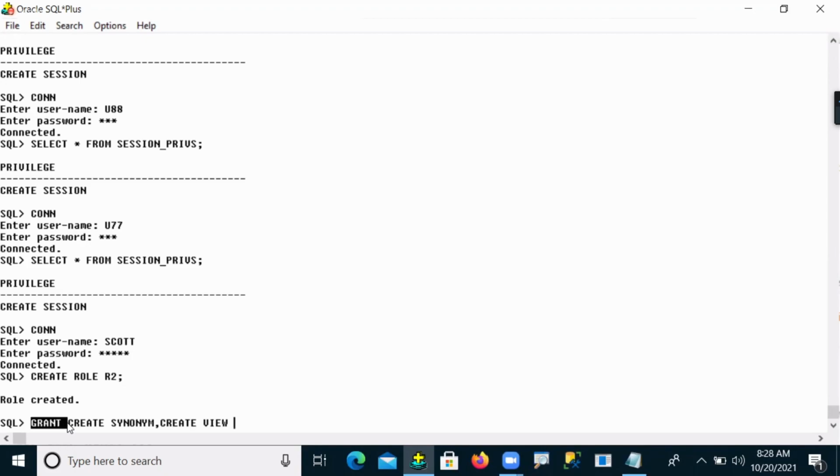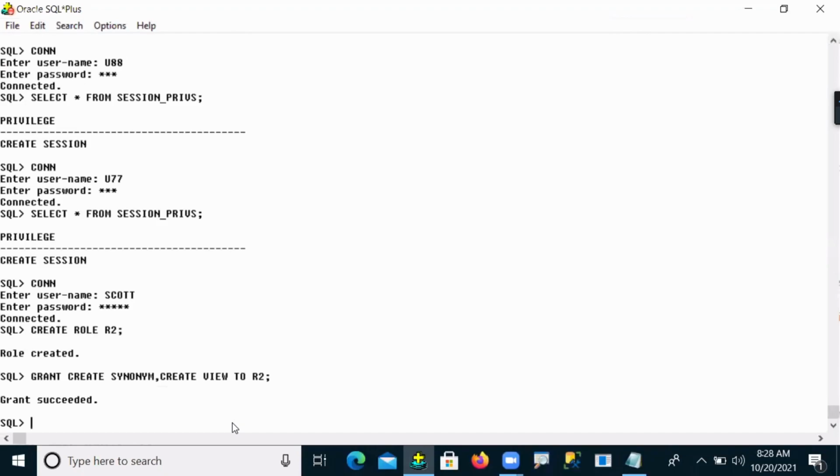Granting the create synonym privilege is one privilege, and the create view privilege is the second privilege. So this group of privileges I'm assigning to role number 2.